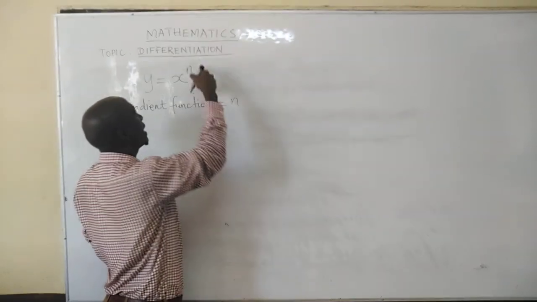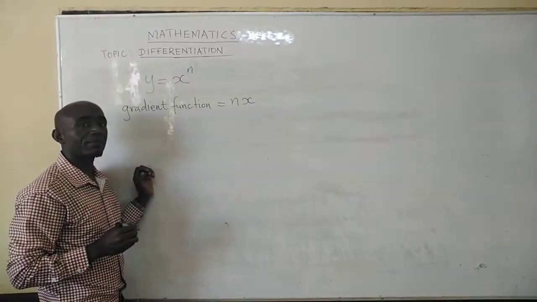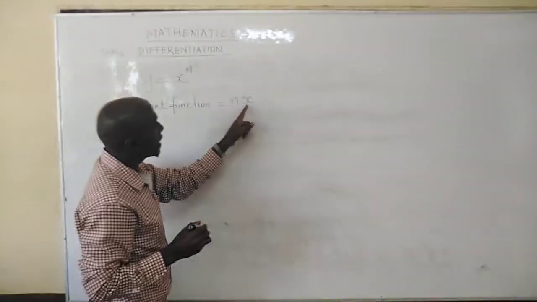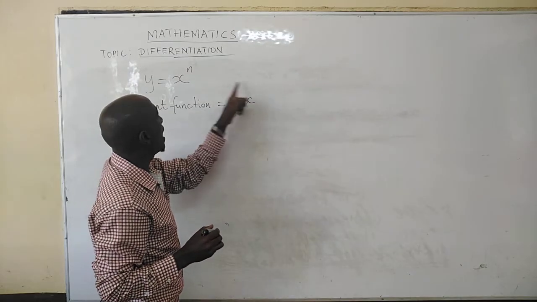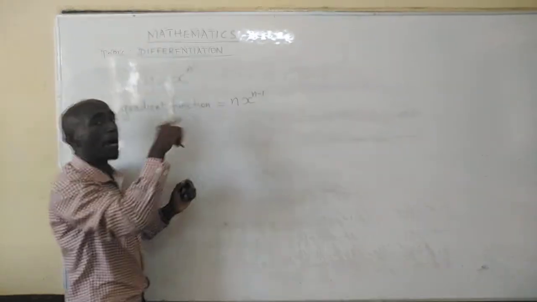You drop the power, then multiply that power by x, then raise x to a power which is n minus 1,